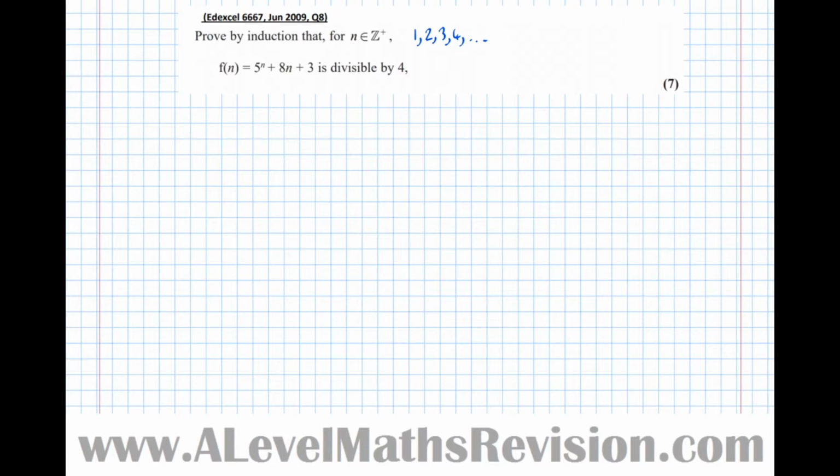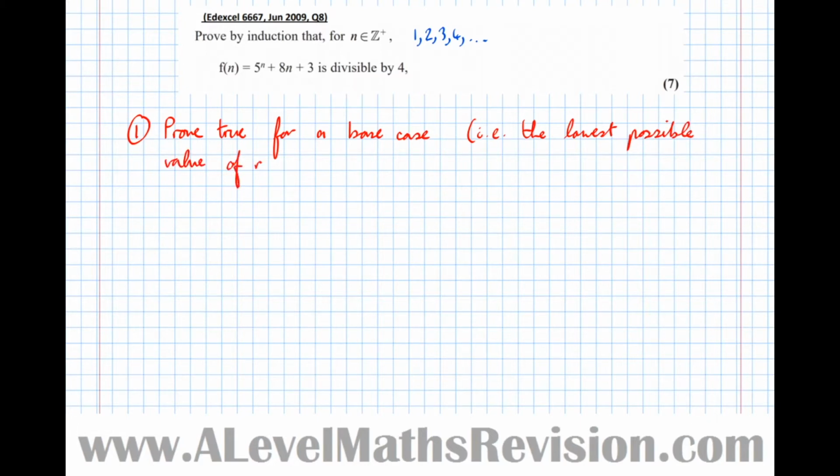Okay, so step 1 is always prove true for a base case, i.e. the lowest possible value of n. So prove true for a base case. So the lowest possible value of n here is 1. So we're going to let n equal 1, which implies f of 1